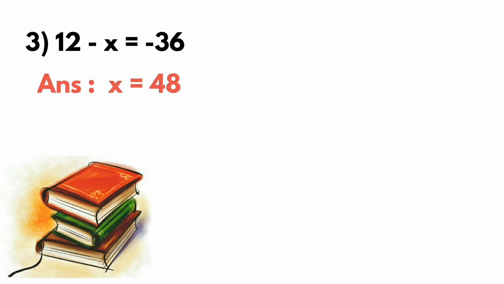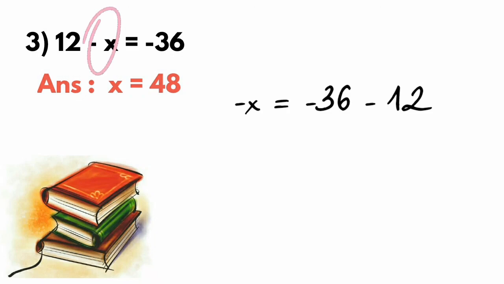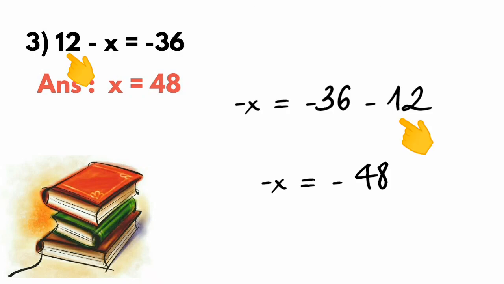And this is the third question that we solved previously. Here we solve by this rule. The first step, we have to bring the minus x to the left side with the sign, and the minus 36 as it is to the left side, and the plus 12 will become the minus 12. So the minus x is equal to 48, as the minus minus will become positive, and we put the bigger number's sign, that is minus 48. Then after that the x's will cut out, and the value of variable x is 48.